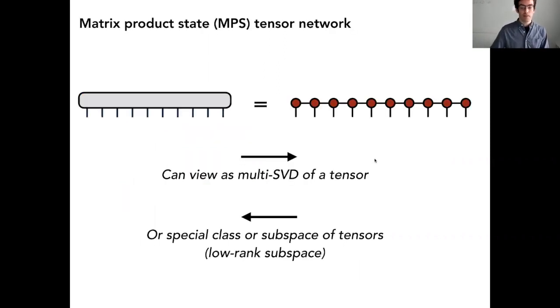So now just a bit of perspective on what is going on here. One perspective that I was using on those previous slides was to view this network of tensors that's all summed together on these internal indices as coming from having SVD'd a big tensor a bunch of different ways. But we can also just view it the other way around. We can view this network as defining a manifold of tensors, or a subspace of tensors, that are low rank. We can say, this is a tensor just as much as that is. It's just that this is a special family of tensors that's a subset of these. So we can think of it that way too.